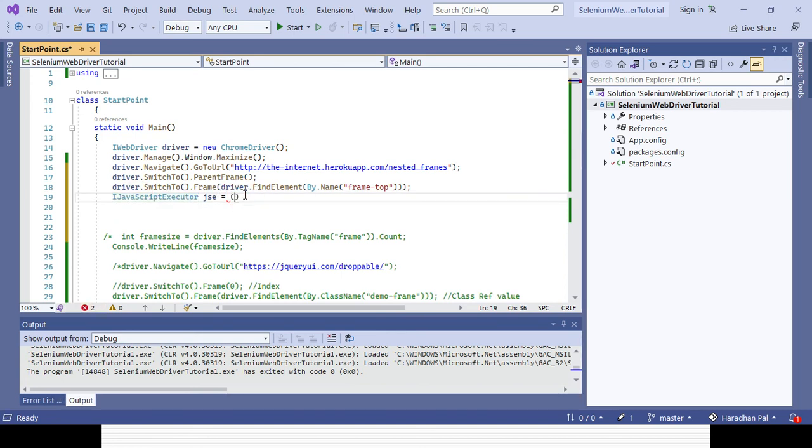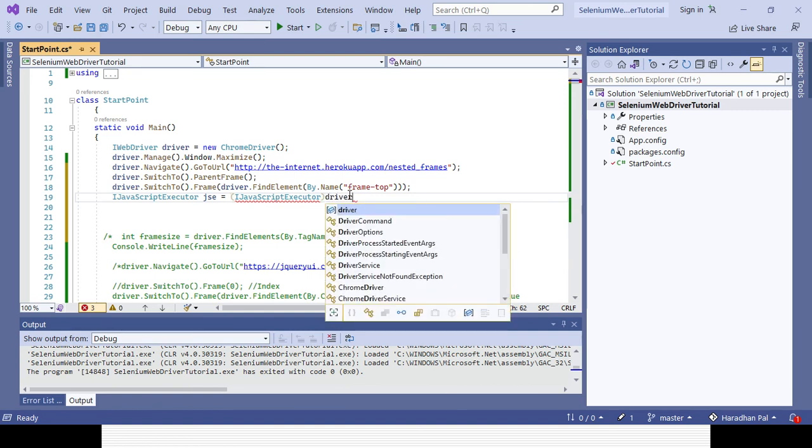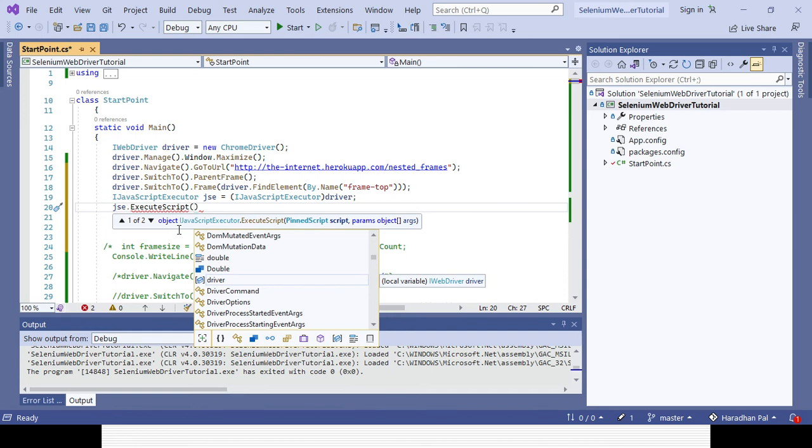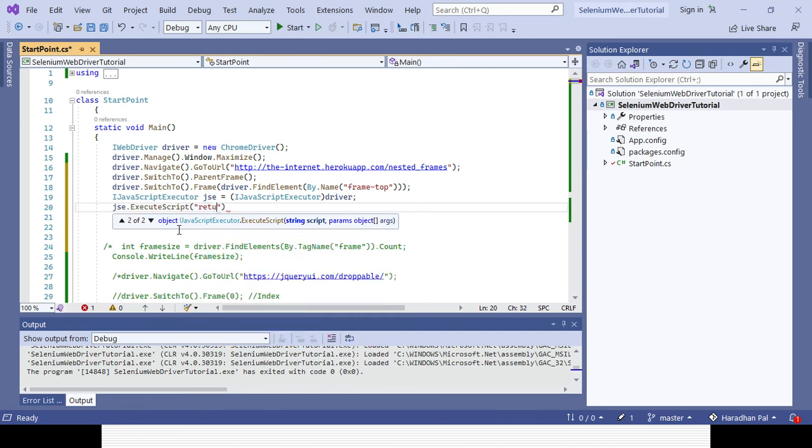That is why I need to create an instance of the driver. With the help of that reference, I can call the executeScript method, and here I can return self.name.